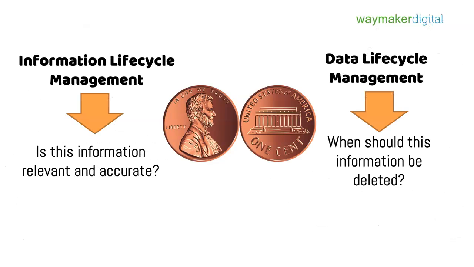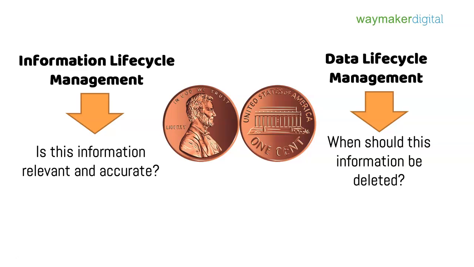So if you think about it, data lifecycle management is a set of governing principles that defines and automates the stages of the useful life, and it also determines prioritization of data. It is the catalyst that pushes data from one stage to the next, from creation all the way to deletion. It deals with entire files of data, whilst information lifecycle management is more concerned with what is in the file.